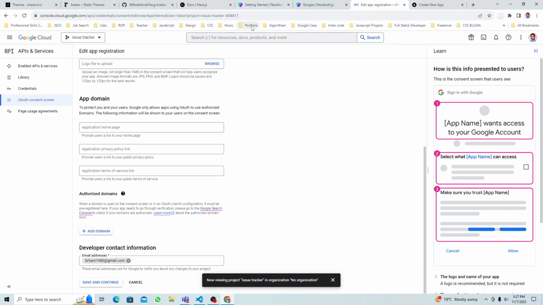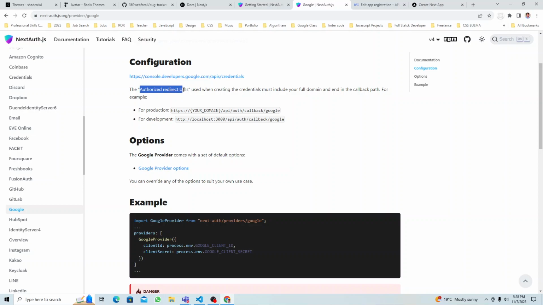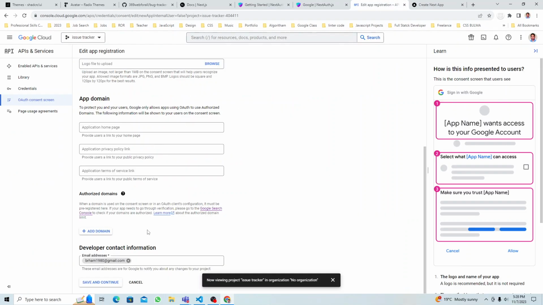Okay, so if we go back, if you look at here, right, authorize redirect URI. Okay, so that is what we just have to add for development, and for production, will be your production website API and all that. Okay, so for now we just use this one. So let's wait for this authorize redirect. So once we do that, once we select this email address, save and continue,